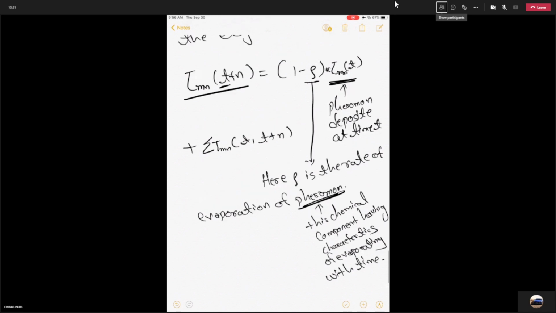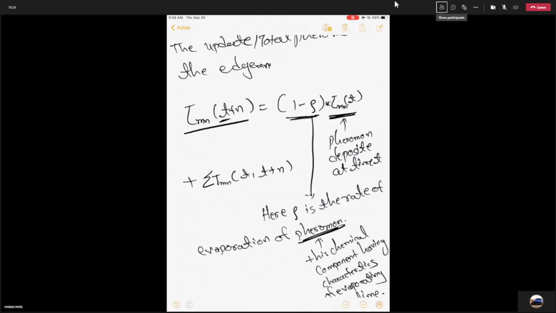So here we have defined the term 1 minus rho, which tells exactly how much of the previously deposited pheromone on that edge has evaporated by the end. Initially it had deposited this much pheromone on that edge, from city M to city N, say from city 1 to city 2, and on that edge we deposited a certain pheromone value, right? After that, we need to update the edges of that complete route, and for that we need to deposit the pheromone again.